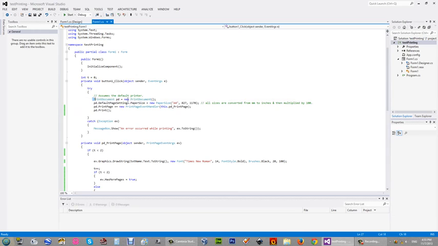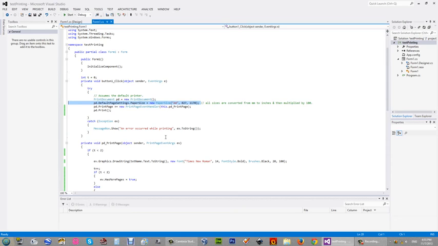In the first line, we are creating a new instance of the PrintDocument class and assigning it to a variable called pd. Then we are defining our paper size in the second line.